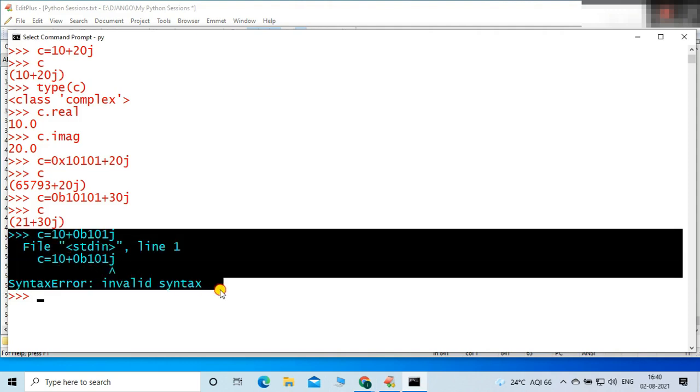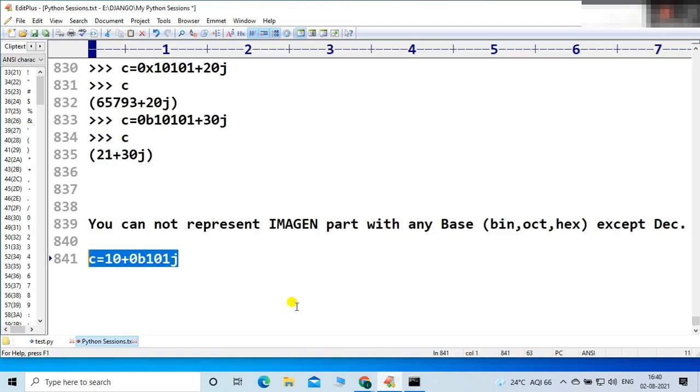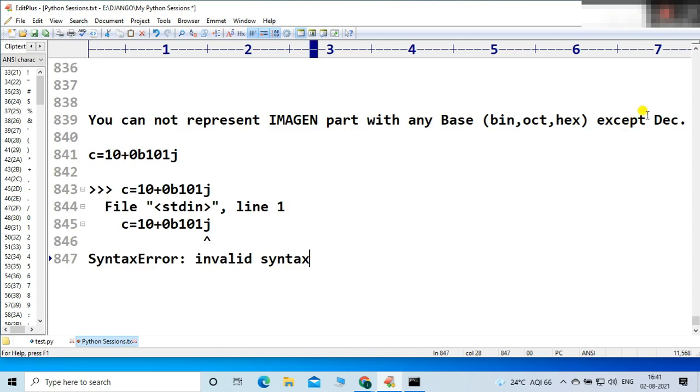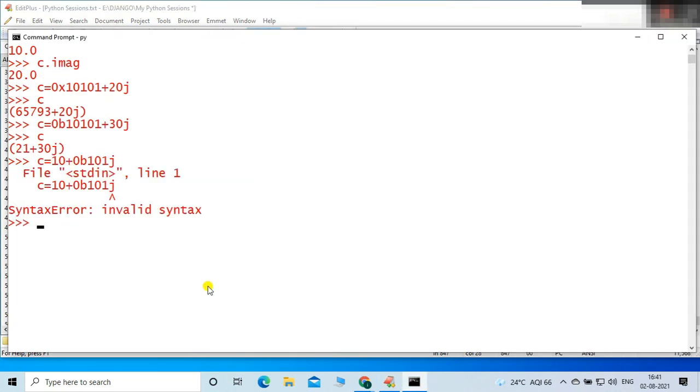You can see the syntax error here, friends. So you cannot represent the imaginary part with any base except decimal. Decimal is okay, but other than decimal, you can't use. Binary is not valid.